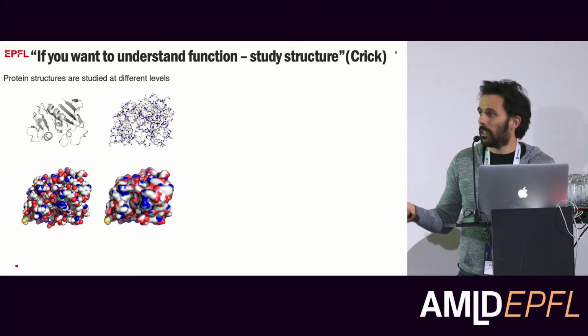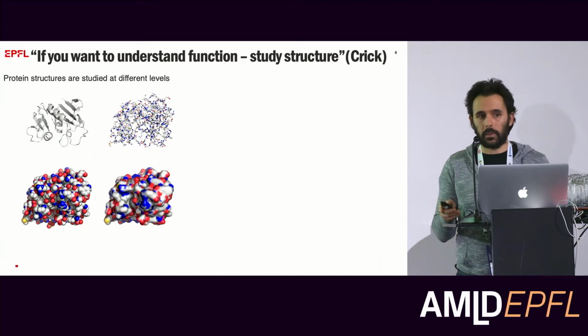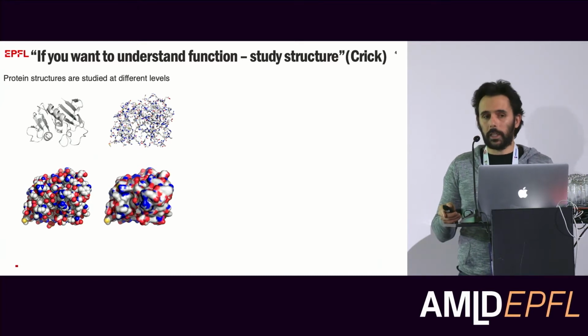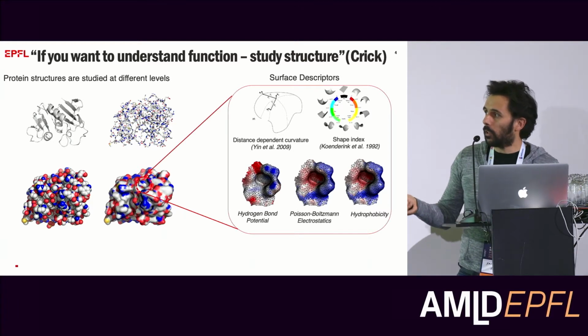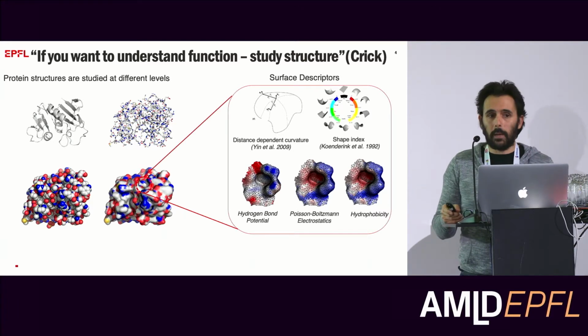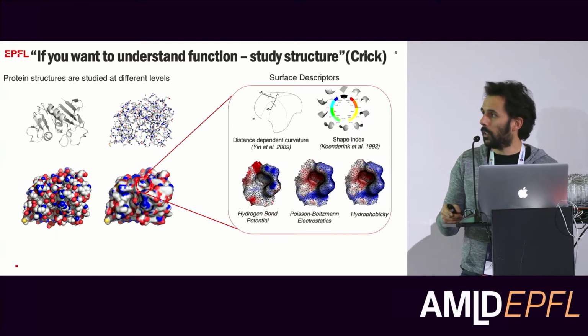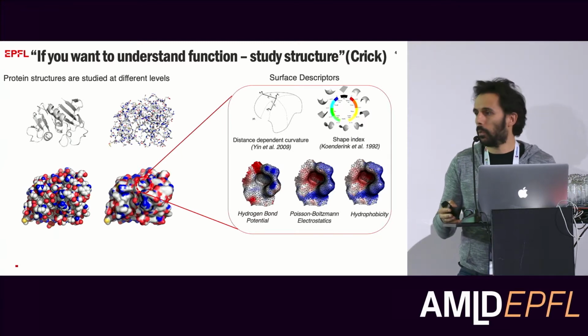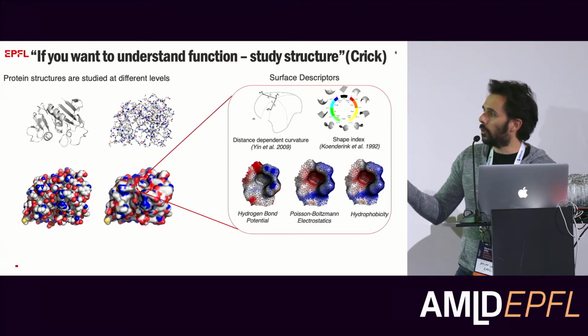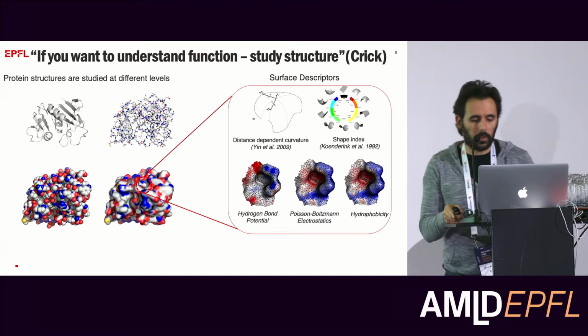And this actually has been our representation of choice, which is molecular surfaces. And one of the things that you can do with these molecular surfaces is that, in fact, you can map onto it, and you'll see how we're going to use this in the next slides, different types of features. We can talk about geometrical features or chemical features. So this will come back next.